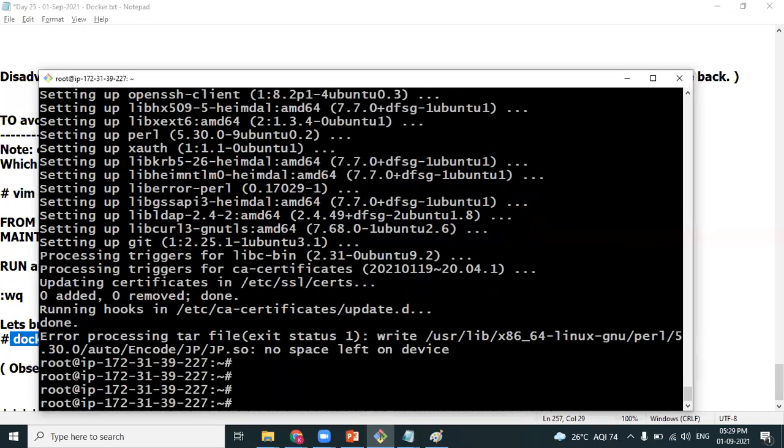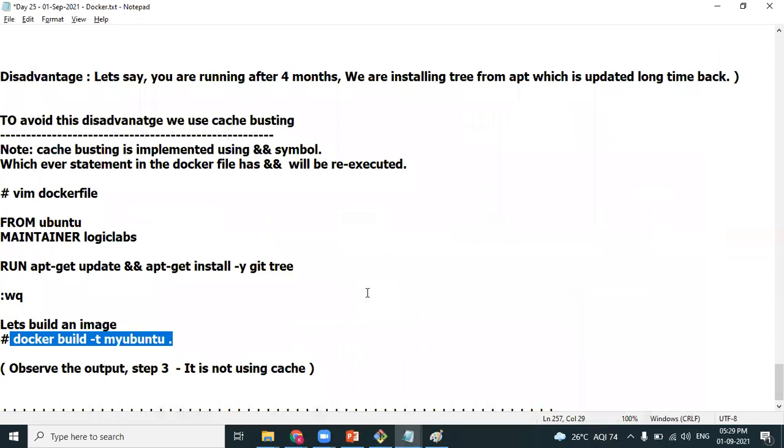So what is the use case of caching, Sunil? Because for all the packages, we always get the latest version. Let's say today you have created one Docker file. In the Docker file you have installed 9 softwares in the morning, and in the afternoon you have added one more software. In the same day the repository does not make any modifications, packages will not get modified, isn't it? It takes a lot of time to install softwares. At that point of time you want to take the advantage of a time saving mechanism.